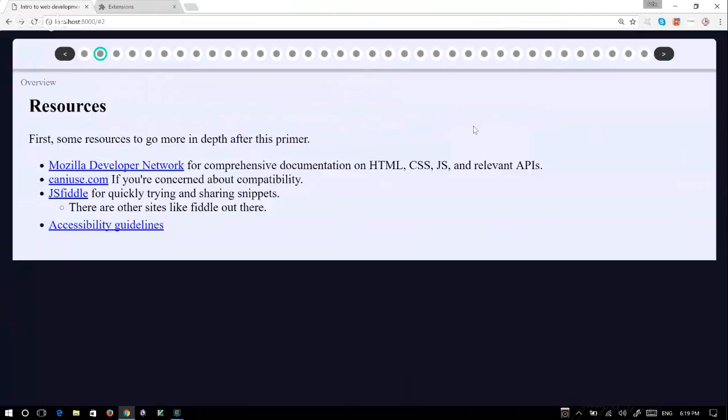Because the actual information you need to know to do web development can be quite large, there are a lot of specifications, and then you need to know about compatibility issues and stuff. I've outlined some resources right at the start. Mozilla Developer Network is kind of the best comprehensive documentation on HTML, CSS, JavaScript, and related APIs. It's quite extensive. I've used caniuse.com in the past. It's good for looking up if things are